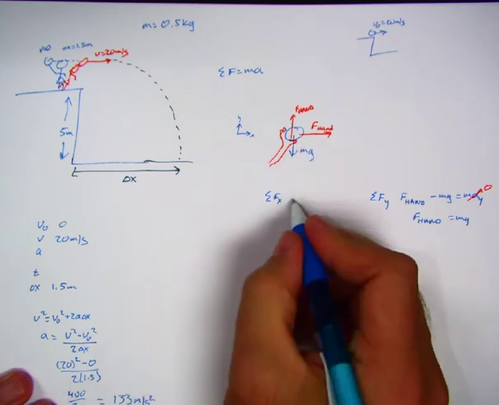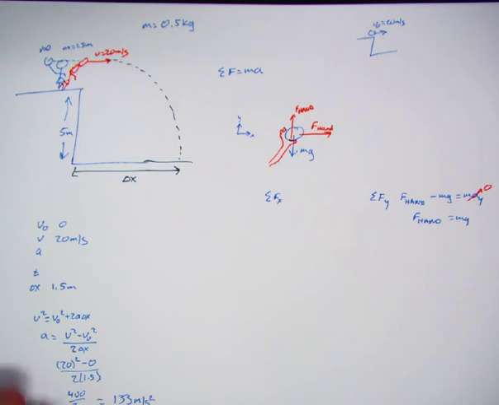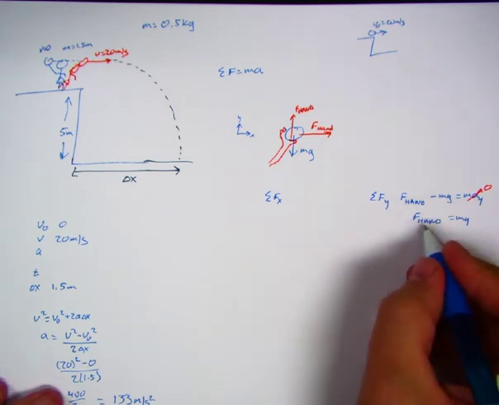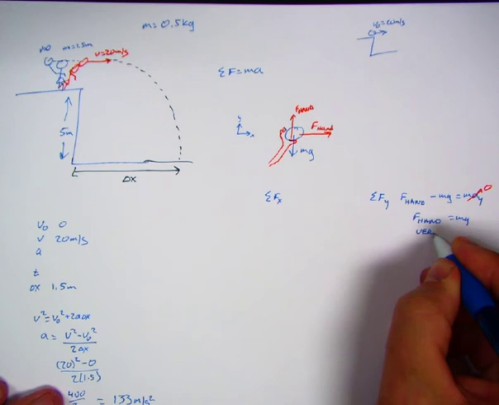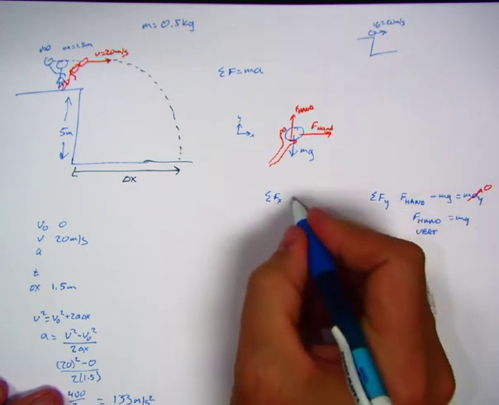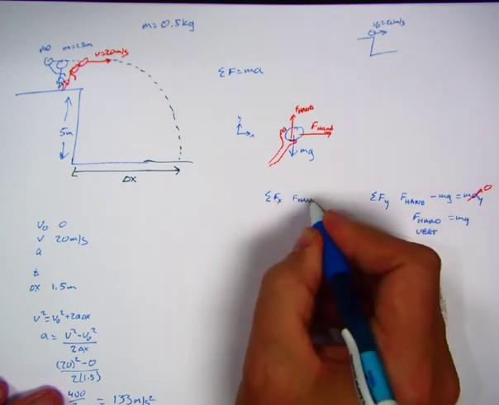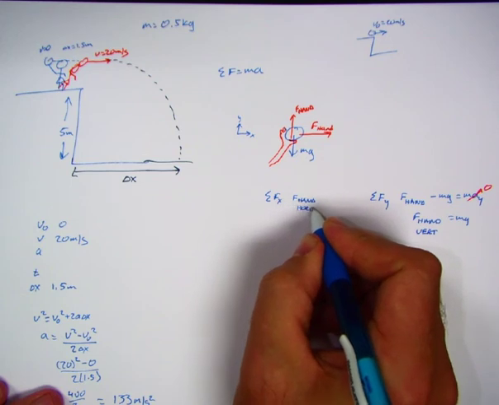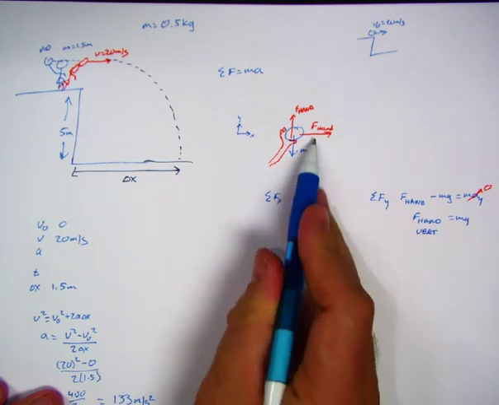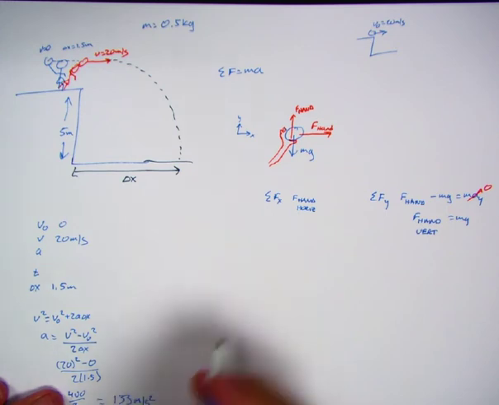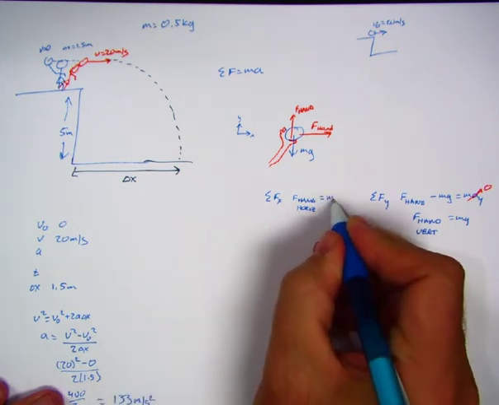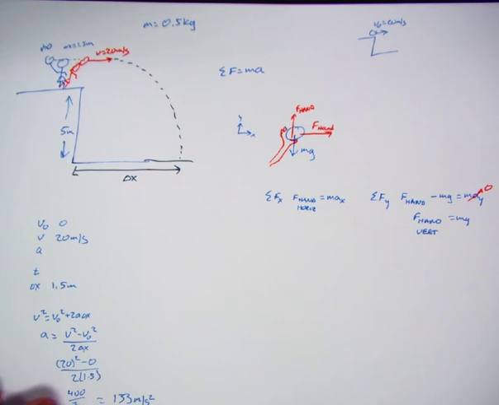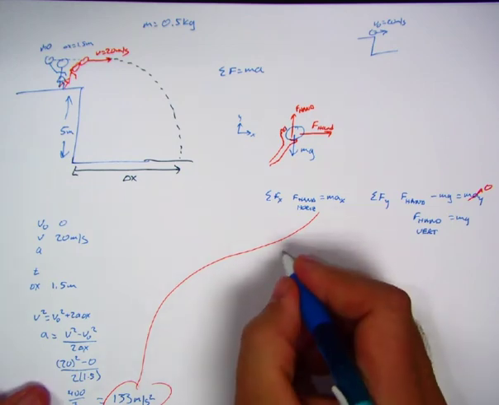So in this case, boy, this is horrible notation. I should probably say that this is force of the hand vertically, right? And this is going to be force of the hand horizontal, right? It's going forward, and that's it. There's nothing else going on there, so that equals mass times acceleration in the x direction. But I just calculated that, right? Mass times acceleration in the x direction,